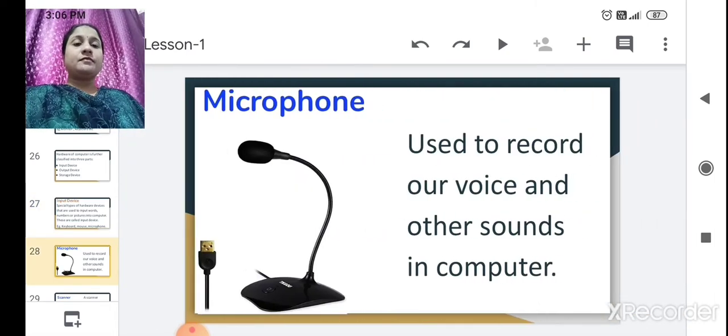Microphone. This microphone is also an input device. We will see how. It is used to record our voice and other sounds in the computer.